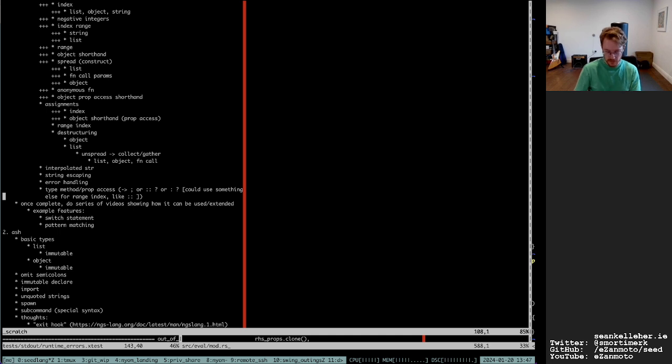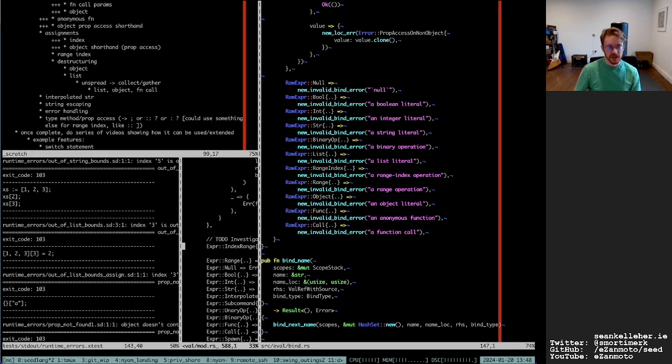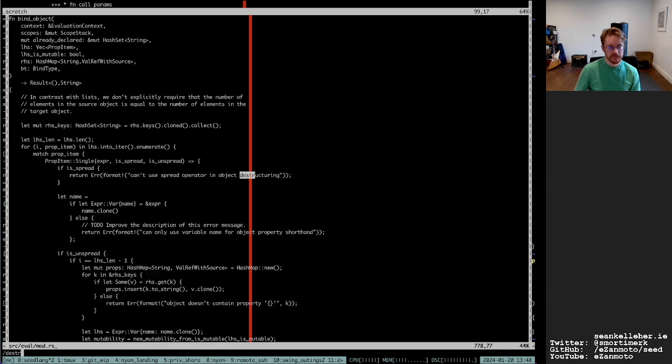I mean, assigning to a range index in particular, I wouldn't imagine is a very common operation. I mean, if I think about languages that actually have that and you kind of make use of it, I really just think of APL, which isn't a good sign for practicality. So let's take a look at destructuring instead in that case.